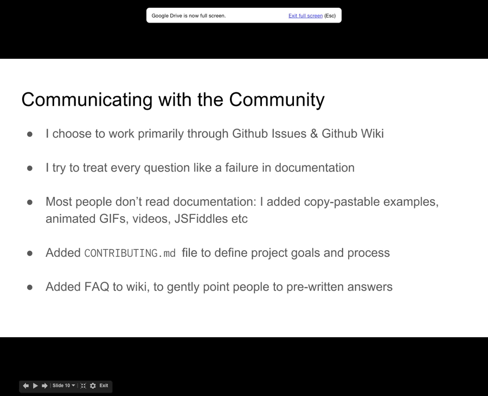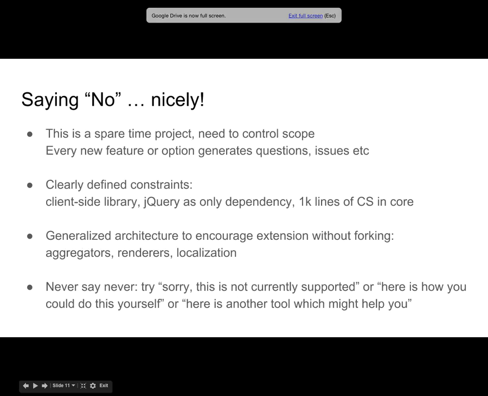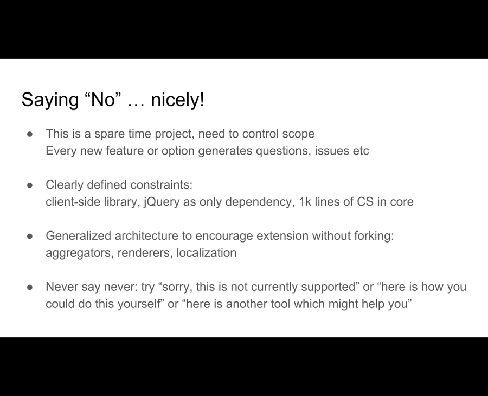Obviously, part of communicating with the community is sometimes having to say no. This is a spare time project for me, just like it's a spare time project for me to come here and talk to you guys about it. So I kind of need to control the scope. Every time I add a feature or I add an option or anything to my PivotTable.js library, it generates new questions, it generates new issues, etc. So I don't want to just keep on adding options for everything under the sun because then it's more work for me, right? So the way I approach this is I've laid out some pretty clearly defined